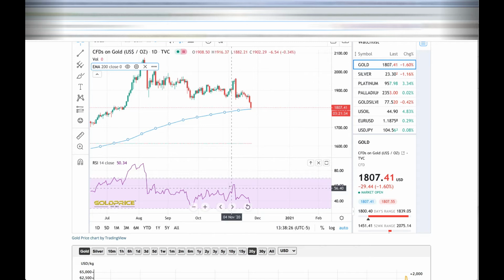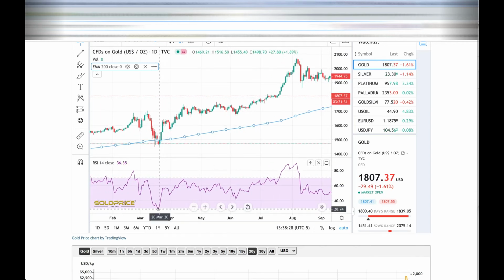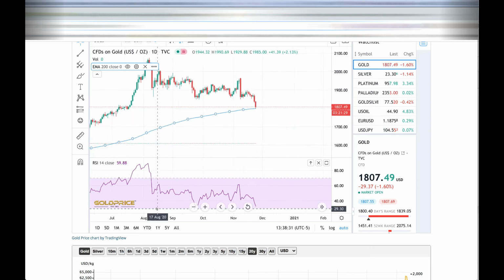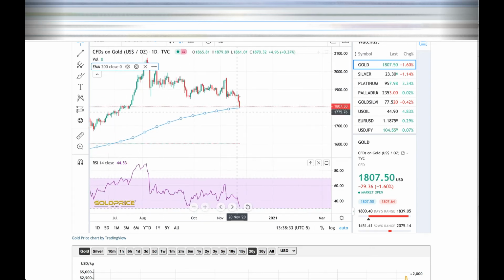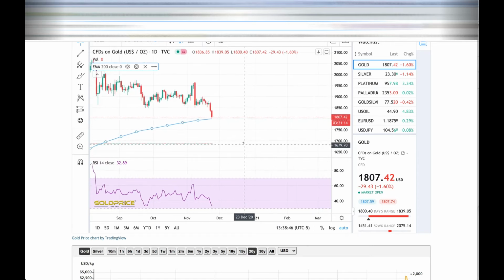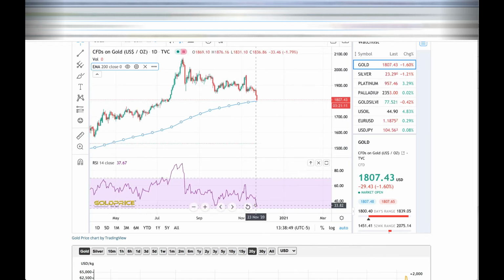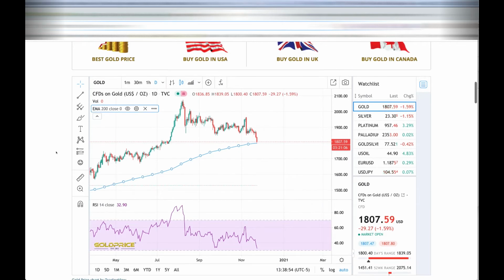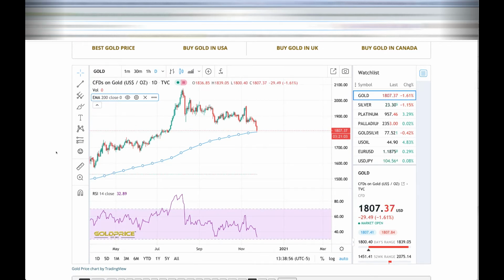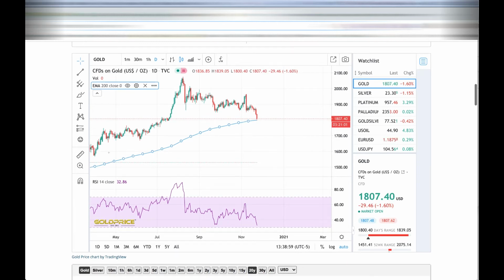Now, are we in oversold territory? Some of the technicals say that we are approaching oversold territory. This is what I want to point out. We've moved down very, very quickly. If I look at the 14-day RSI, we are at the bottom of it. The 14-day RSI is just the RSI over 14 periods, and I'm on the 1-day chart.